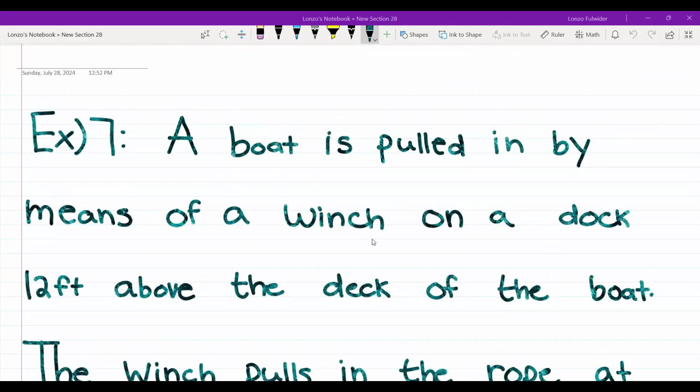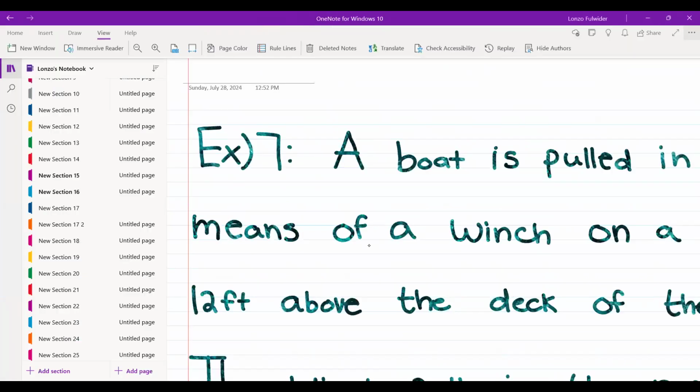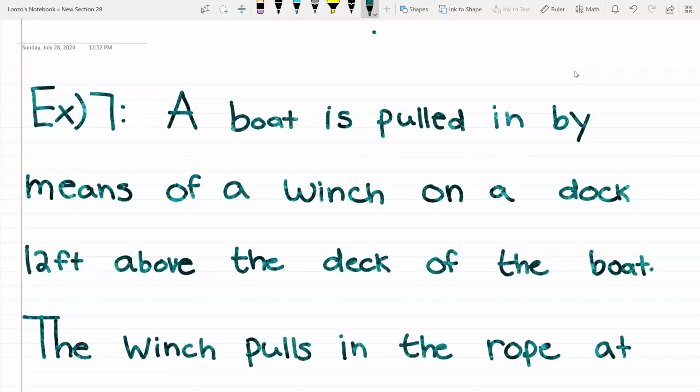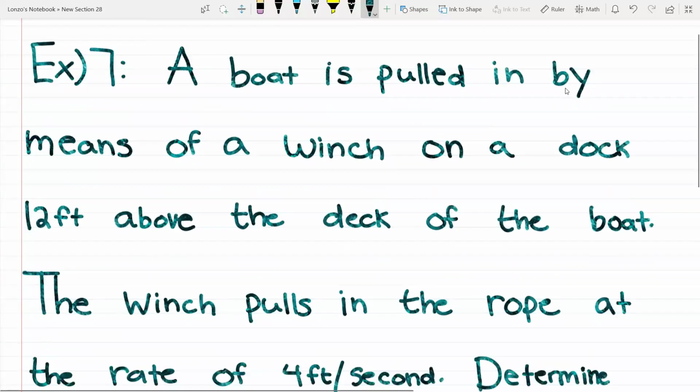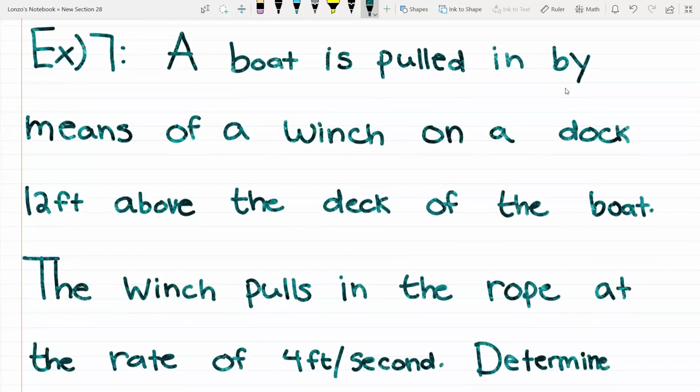Okay, so can you see this? So example 7 says about, hold on. Let me see if you, yes, you can see it. Okay, I was just making sure I was in full screen. Okay, now I am. So example 7 says a boat is pulled in by means of a winch on a